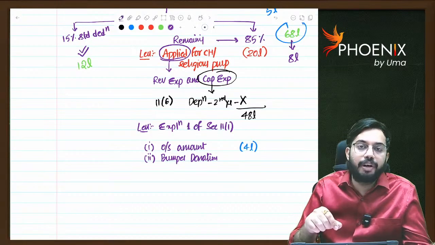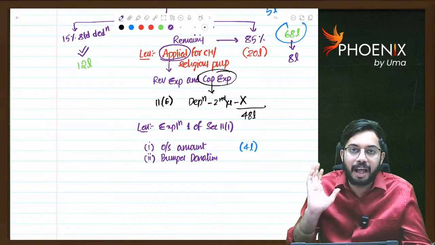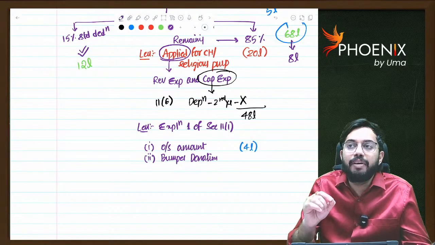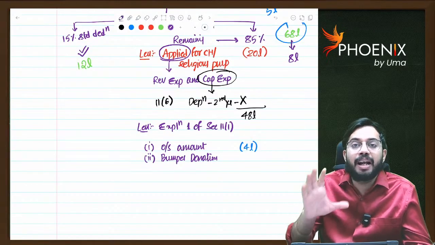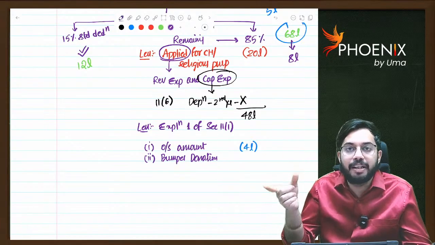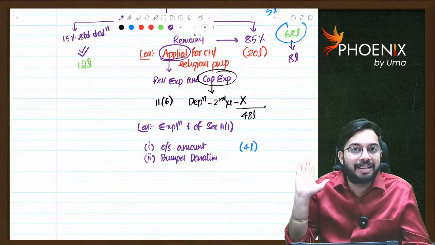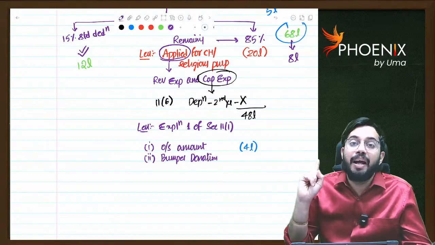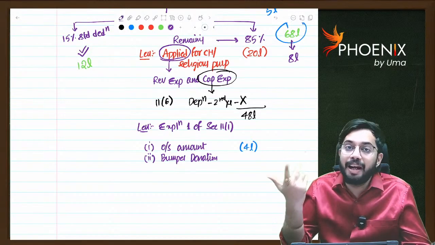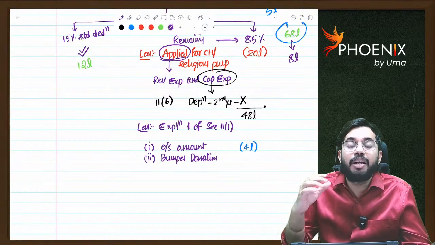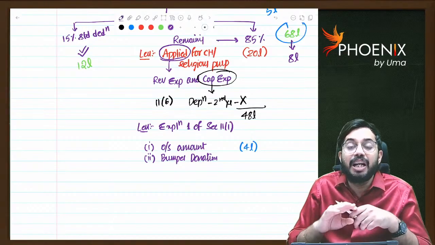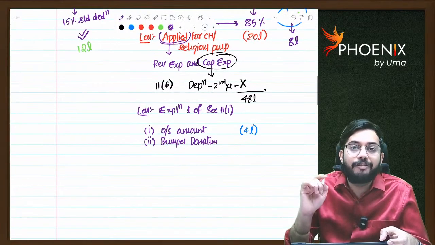So in 24-25 I got a bumper donation of 8 lakh rupees. I could not apply it in 24-25. So what I will do, I will give a declaration that 8 lakh rupees I will apply in 25-26, for which the AO will grant acceptance. Okay, so in 25-26 I should definitely apply 8 lakh rupees. If I fail to apply, then whatever amount I could not apply in 25-26 is taxable under section 115BBI at the rate of 30%.